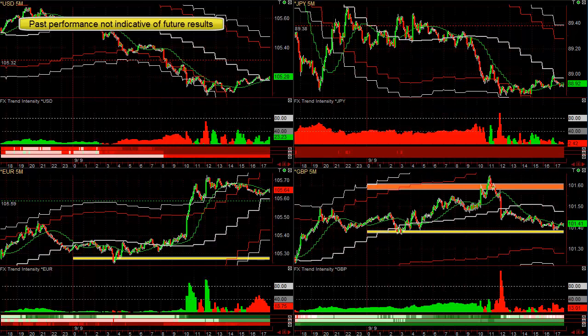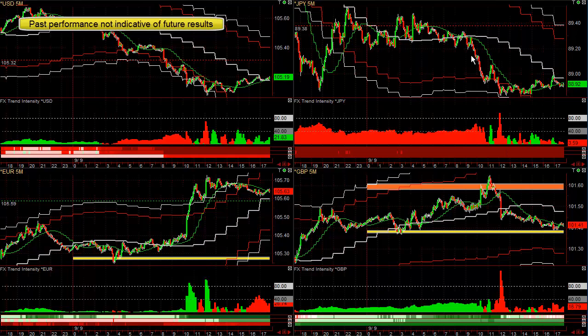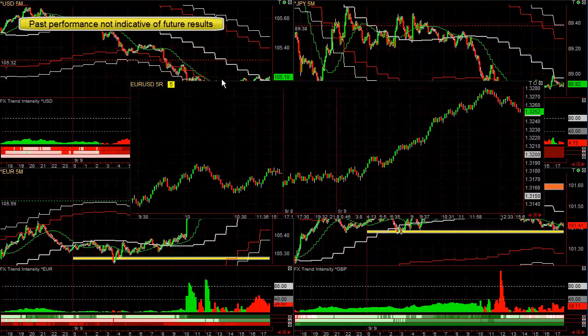Let's take a look at some other examples. You can see the yen, extremely weak, daily, weekly, monthly trends down. It is underneath Friday's low here for most of the day. It's not able to really go anywhere, and you can see it makes a slightly lower low here at 9 and then breaks out a little bit before 10. What a high probability place to buy the euro yen,